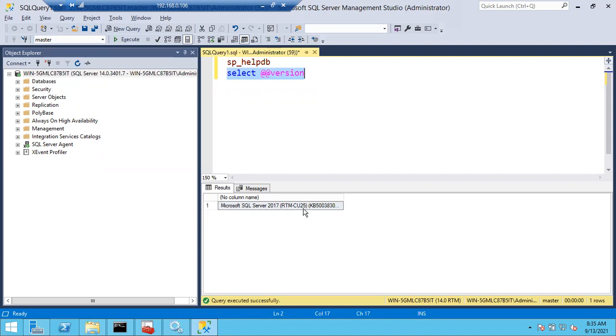Once everything is successful, make sure the build number is changing, and make sure you can see an update, which update you have installed. Make sure you have updated that one. You can see that update in the output. So it will be helpful. This is how you can confirm that patching is successfully completed.